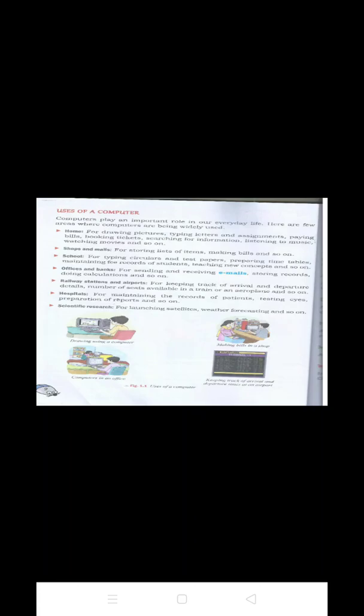At banks, computers are used for keeping record of their customers and their accounts. It is used to put in and take out money from the bank, right? At railway station and airport, computers are used to book and cancel tickets, keep records of all passengers, update timetables of trains and flights, give information of seat availability in the train and flight, right?